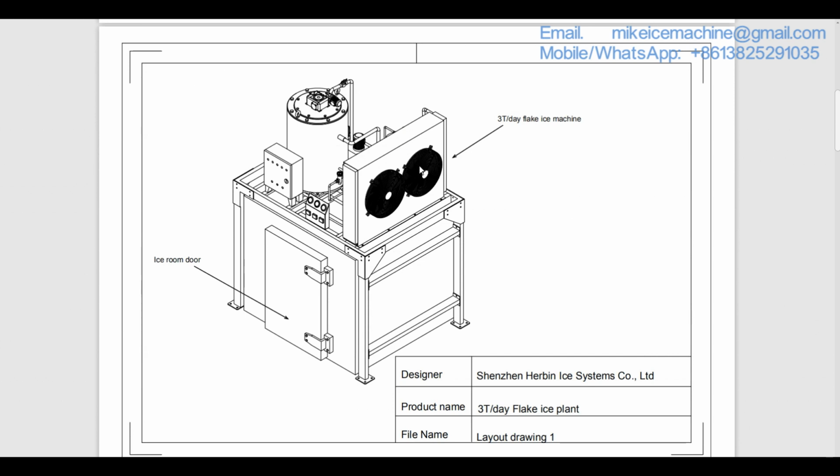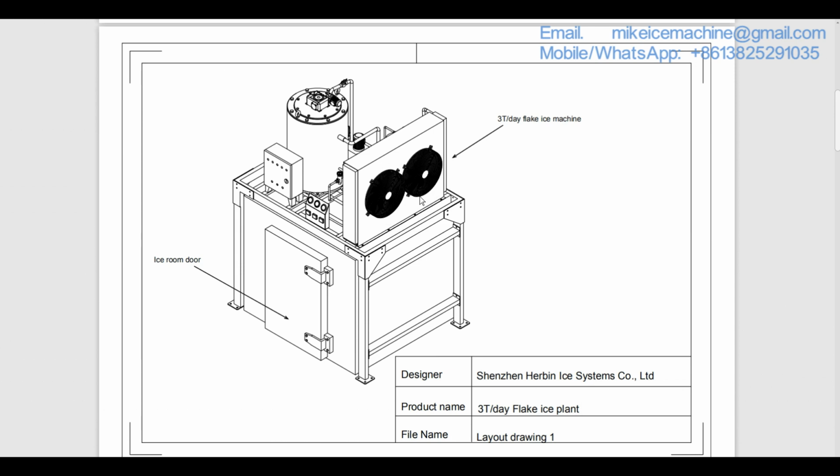Here we can see the air condenser is equipped with the 2 air cooling fans because sometimes the ice system will be working in a country which has a hot summer and a cool winter. So in the hot summer, the 2 air cooling fans will keep working together.